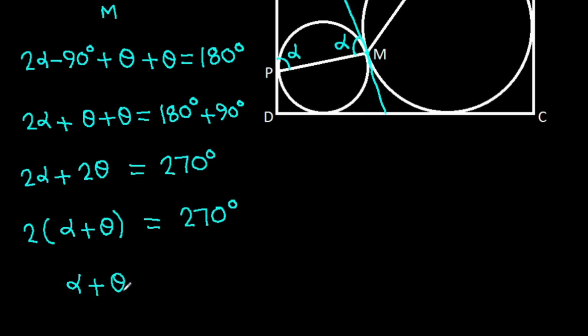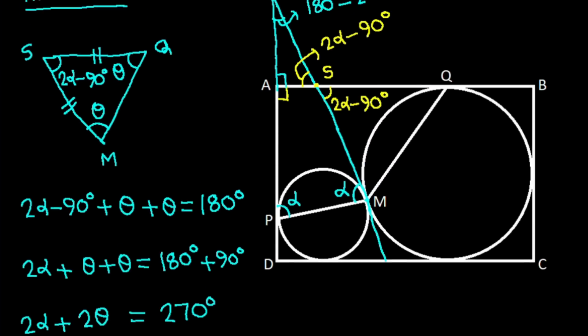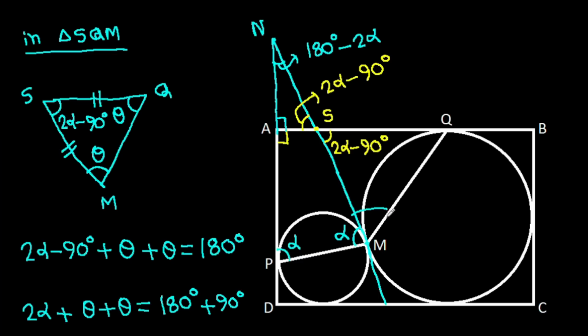So alpha plus theta, it will be 270 degrees over 2, that will be 135 degrees. So theta, it will be 135 degrees minus alpha. So this angle, it is 135 degrees minus alpha,